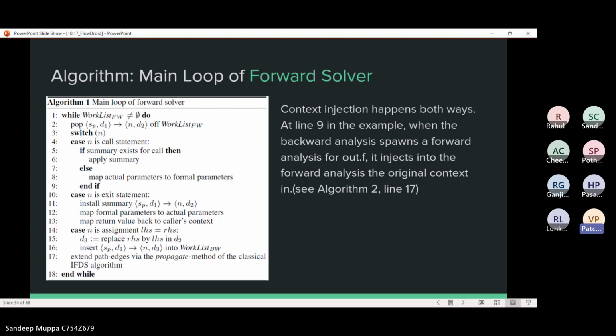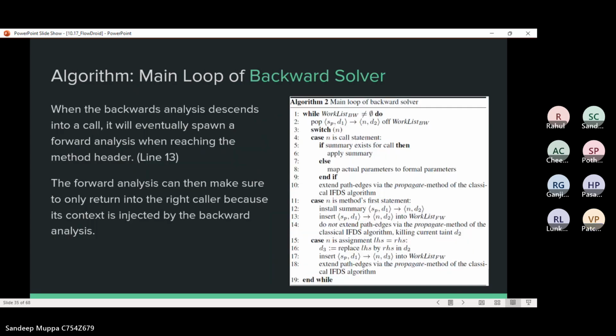We can see it in line 17: insert ⟨SP, D1⟩ → ⟨N, D3⟩ into the work list. Whereas when the backward analysis descends into a call, it will spawn a forward analysis on reaching the method header. The forward analysis can then make sure to only return into the right callers because its context is injected into the backward analysis.